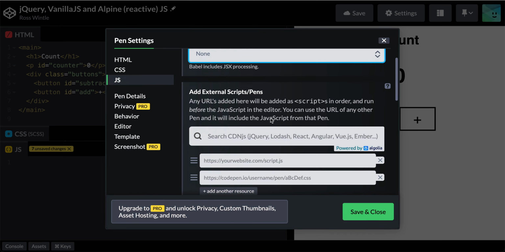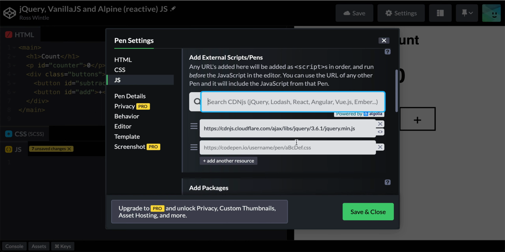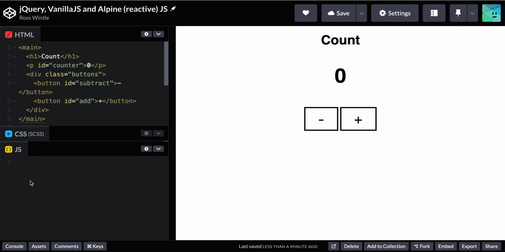and to do that in CodePen, where I'm working, we can, how do we do this? We search here for jQuery, and we can just click that, and it adds that to our project. So let's save that, and we should now be able to use the $ version of jQuery,